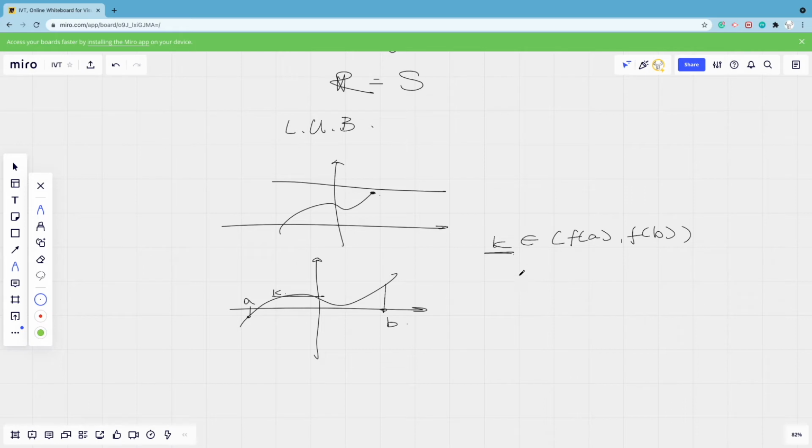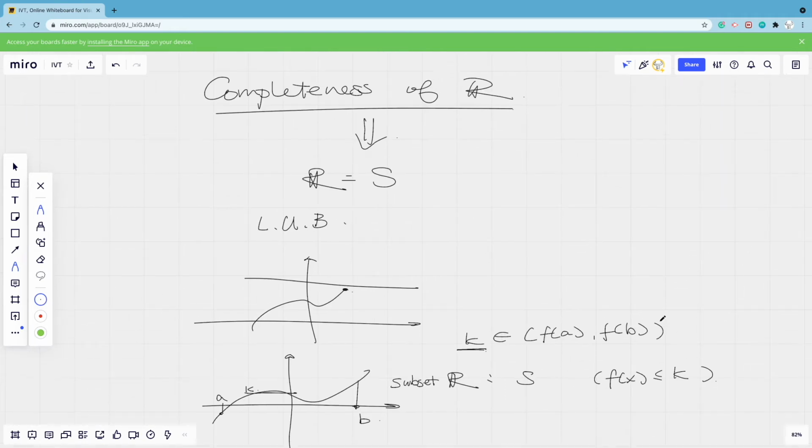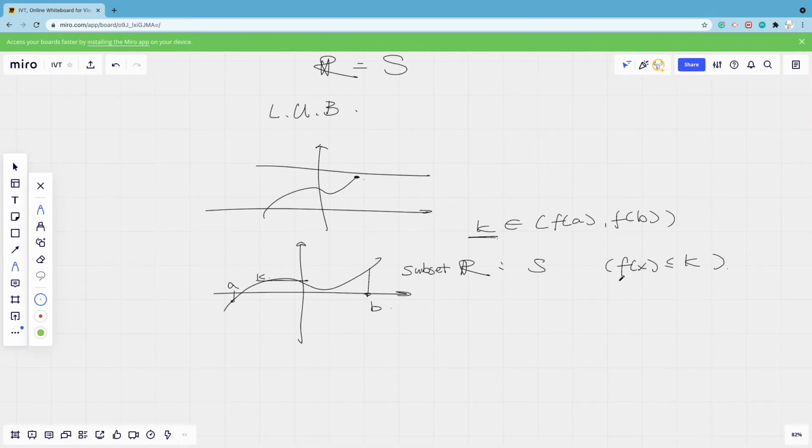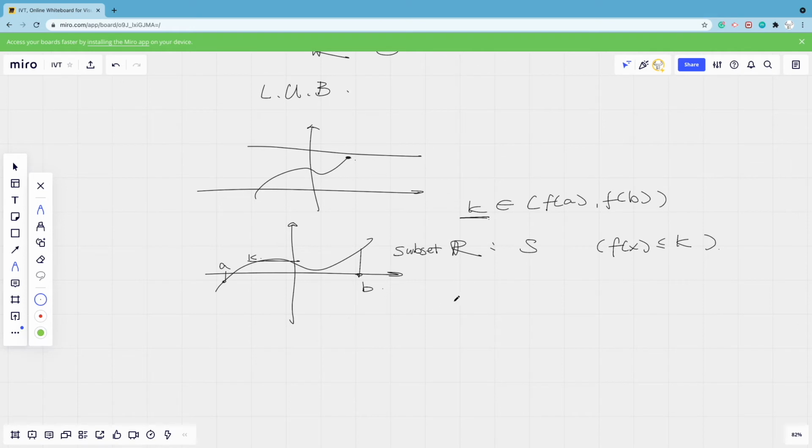Then we're going to make a subset of R, which we're going to call S, defined as all the values x in the interval from a to b such that f(x) is smaller than or equal to k. Now, since the real numbers are complete, we can find a least upper bound of this subset. This means that we can find